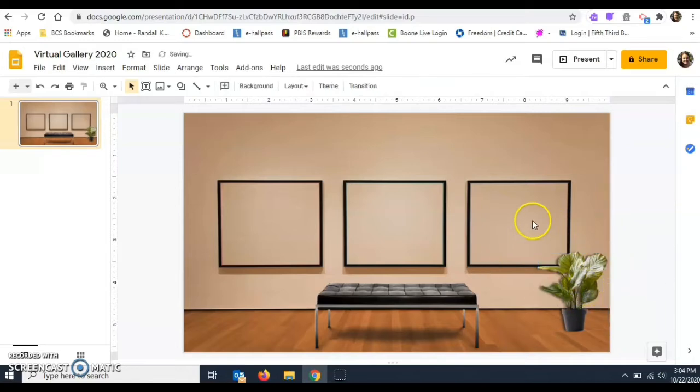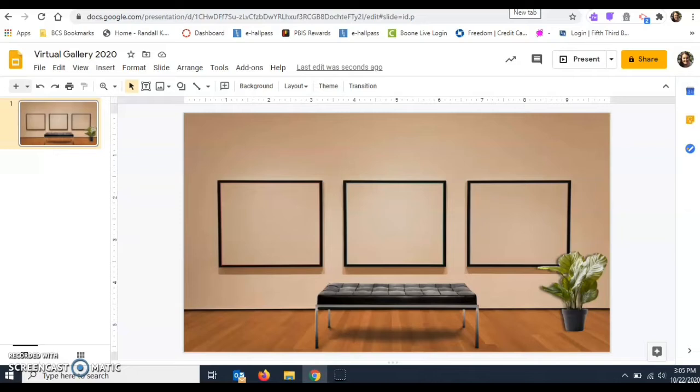And I'm trying to keep these areas open because obviously that's where I'm going to have student artwork. So now we need maybe a name for our gallery. The easiest way to do that is to use the text tool and to put in the text. But another really interesting little tidbit is if you wanted to add in a sign or a banner or something,